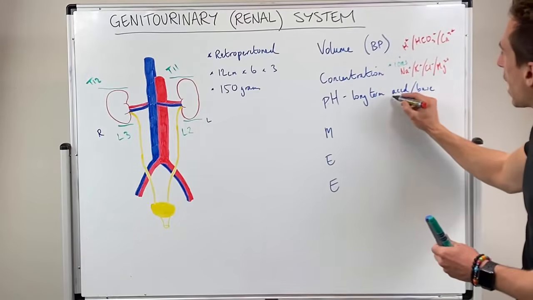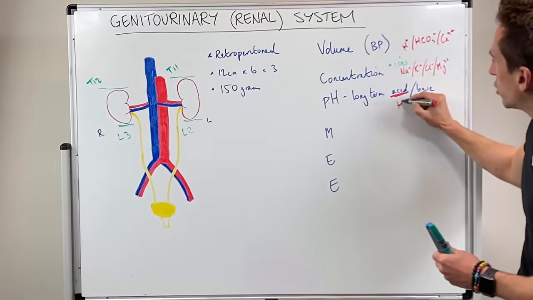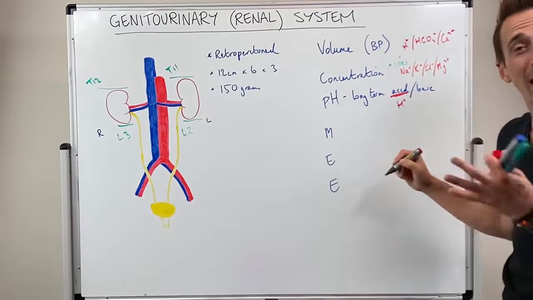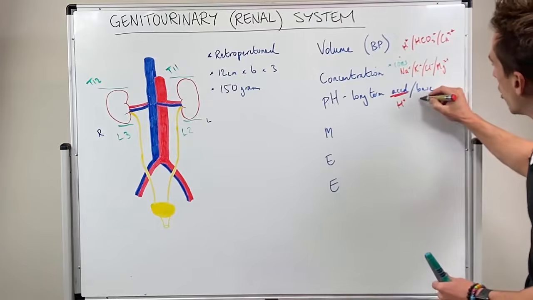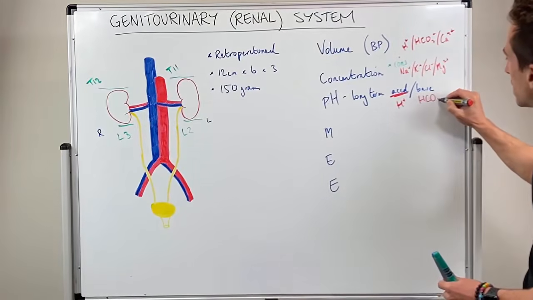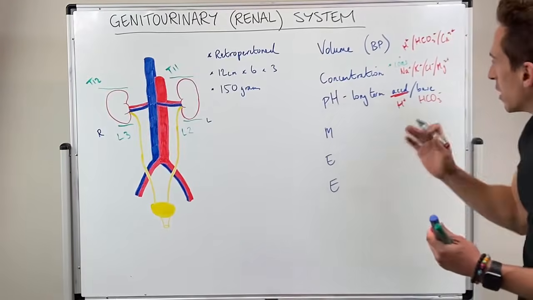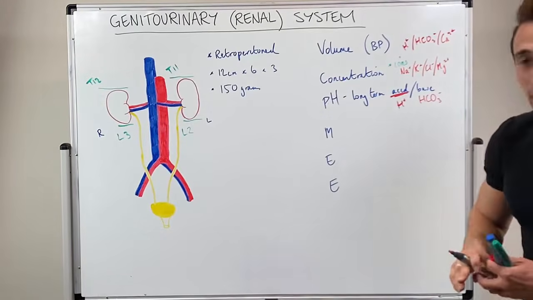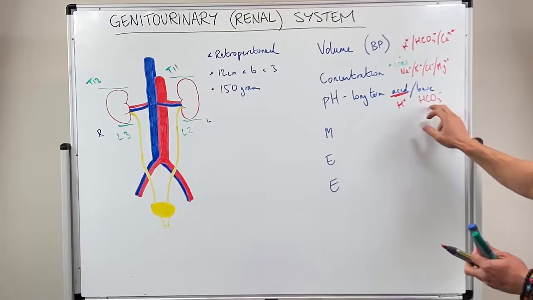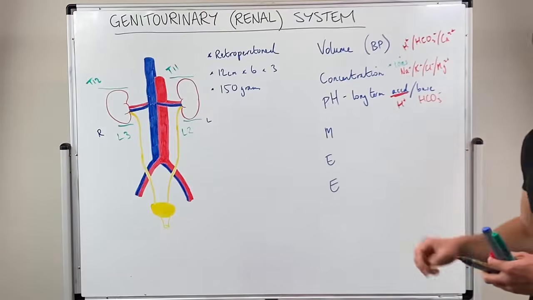Because we know all acid is the concentration of hydrogen ions. And to make something less acidic, we need to give a base which binds or mops up those hydrogen ions. So the kidneys can maintain pH by controlling how many hydrogen ions or how many bicarbonate ions we actually have